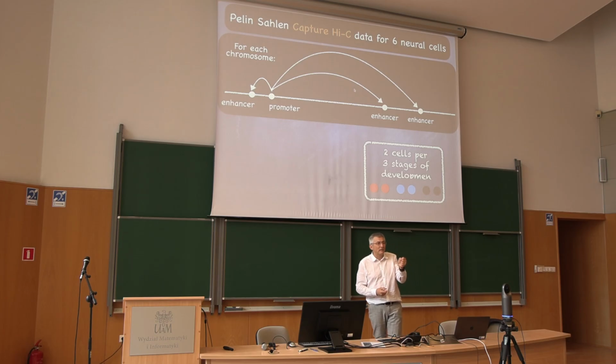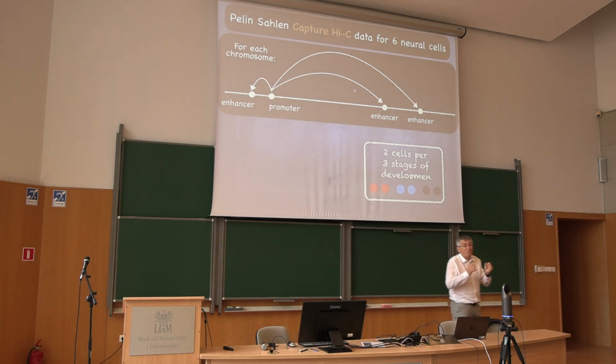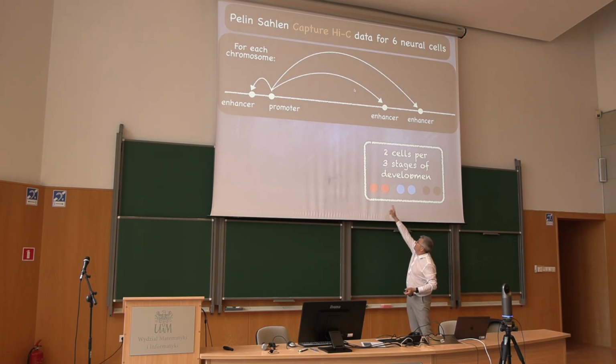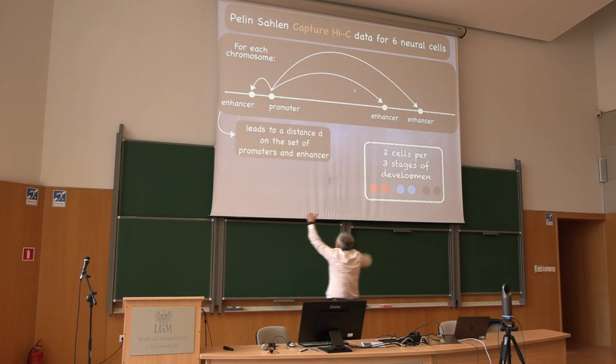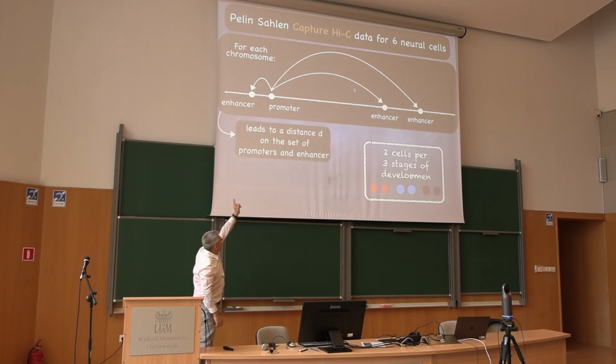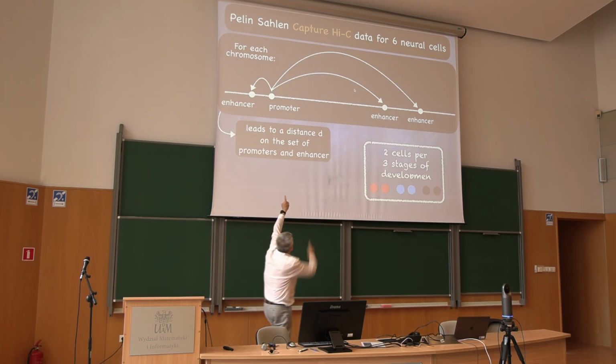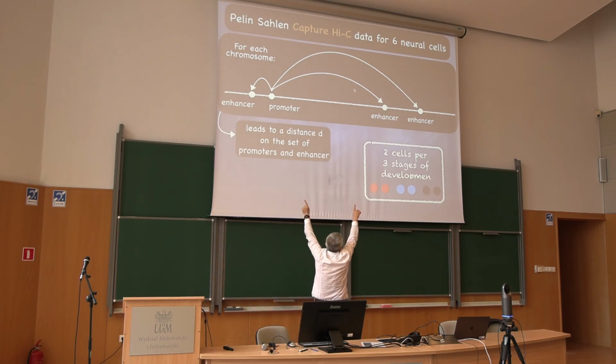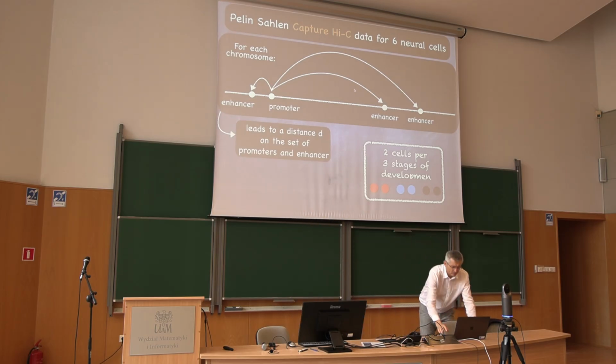Does a pluripotent cell, that is the cell that can probably become any other cell, is the interaction between promoters and enhancers different from the development? And of course, you would like to argue that these two cells will have the same geometry, but they are different. So what we did, we look at that information and we turn it into a distance, a sort of graph distance. You can go from promoter, you look at the actual physical distance to the enhancer, or you can jump to the enhancer. So we look at that distance.